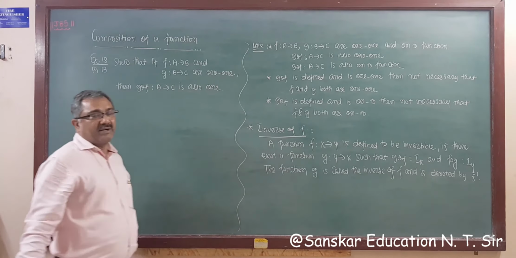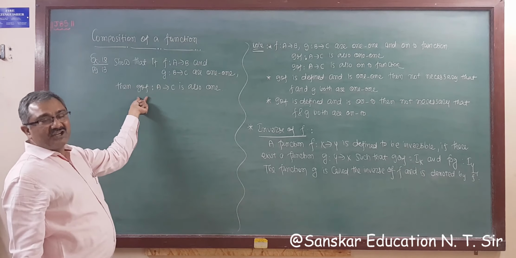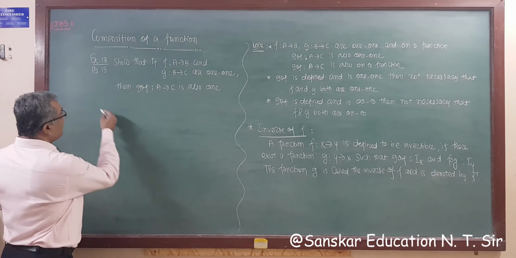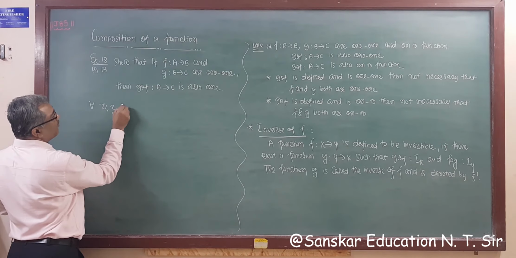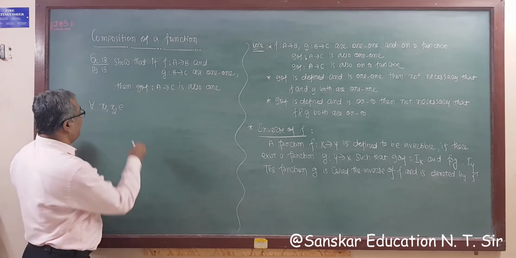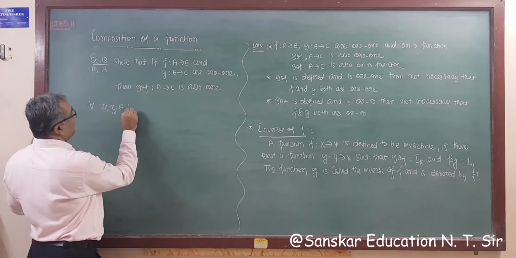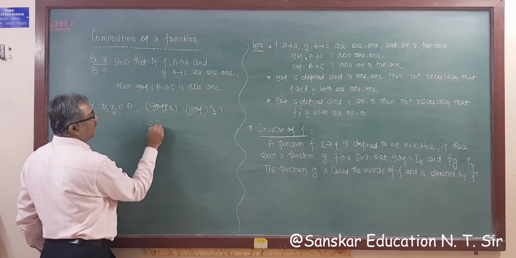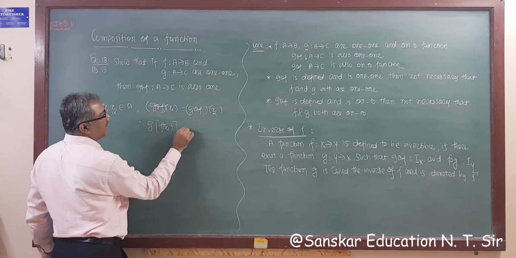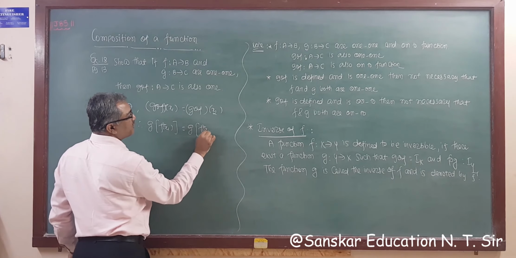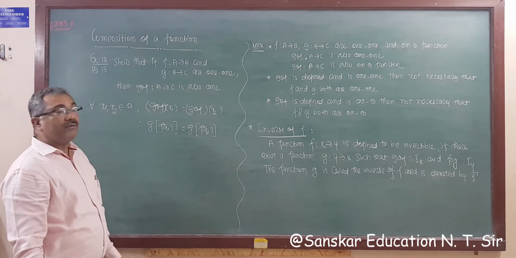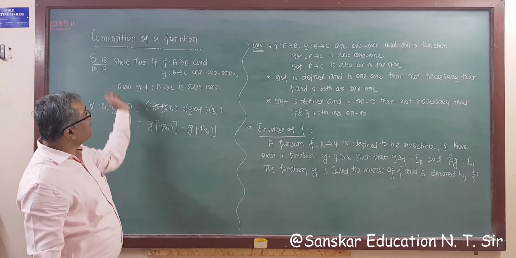So it is given f is one-one and then we have to prove this g over f. So this is our function, right? So for all x1, x2 belongs to the domain of g over f, that is A, we assume that the image is the same, that is g over f of x1 is equal to g over f of x2, right? Now I'm applying the definition of composite function. So this is g of f of x1 is equal to g of f of x2, right? Now g is a one-one function. So removing this, we can remove it.